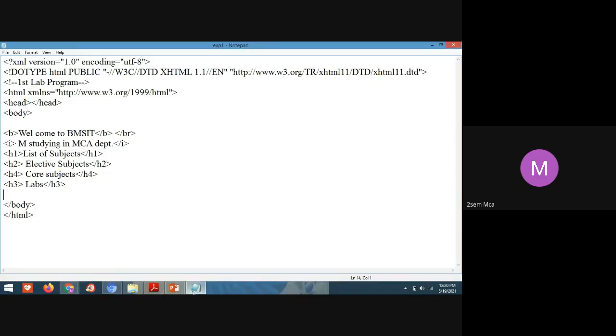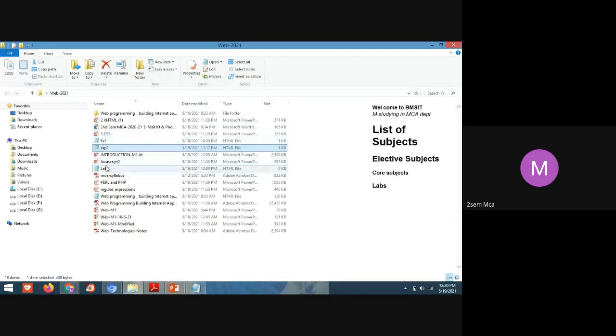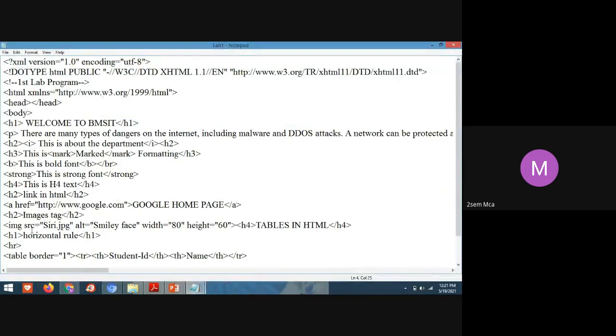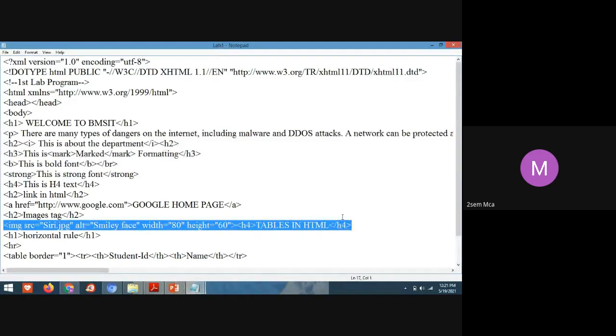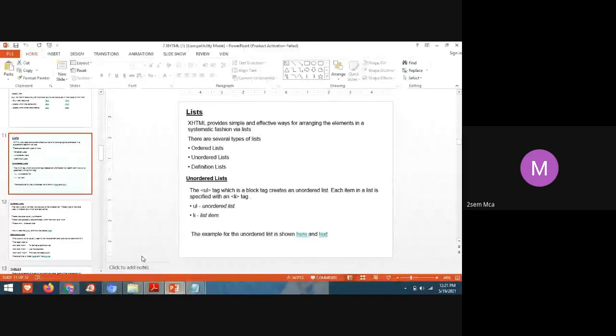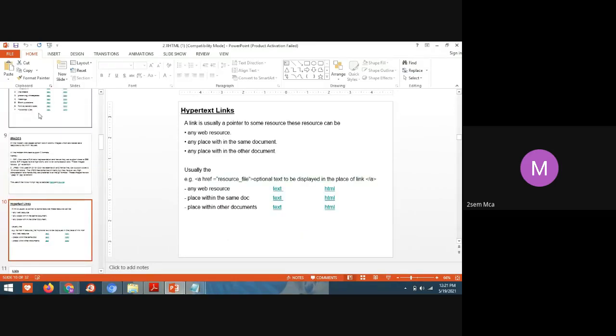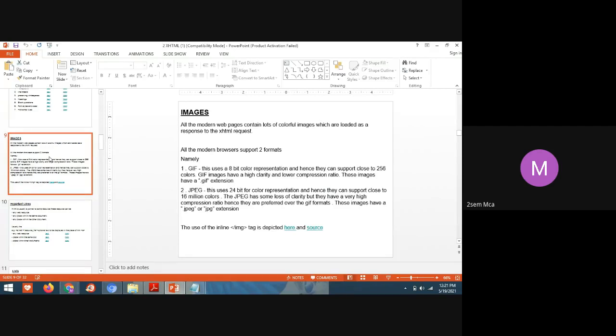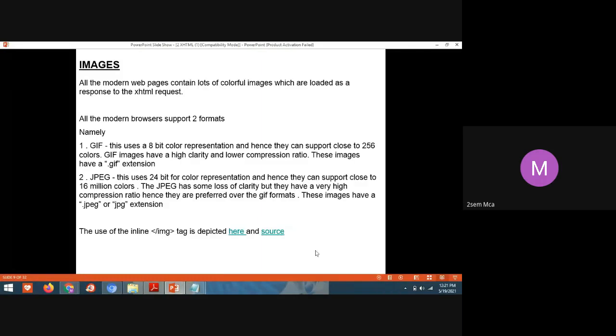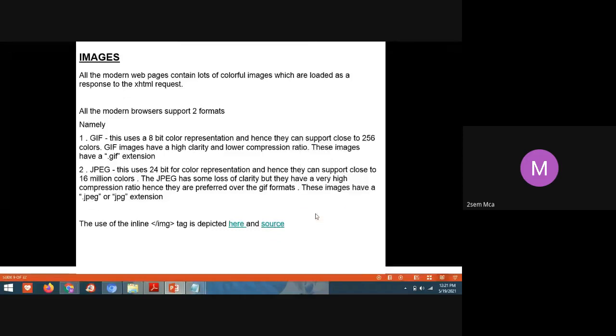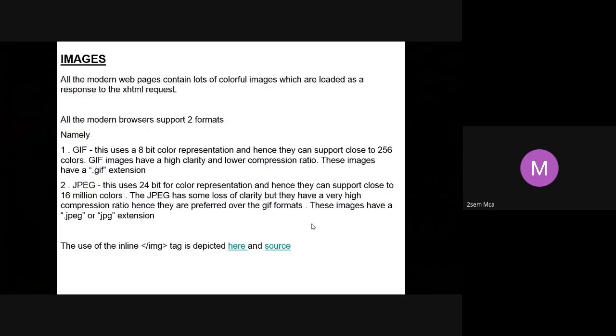Next, we have an image tag. Yes, students, this image tag is loaded in HTML or in XHTML program to display a GIF file or to display a JPEG file.